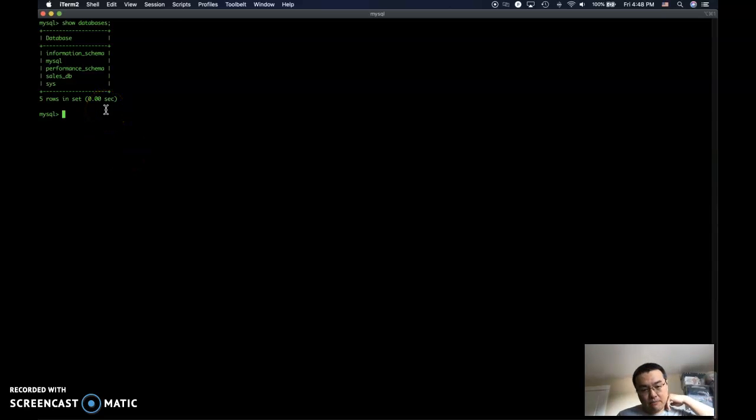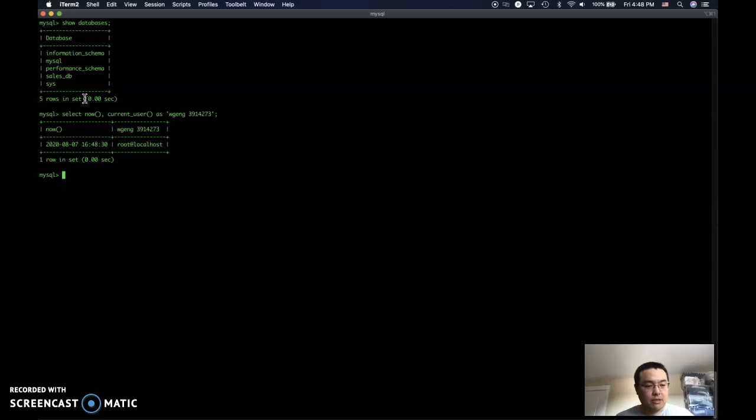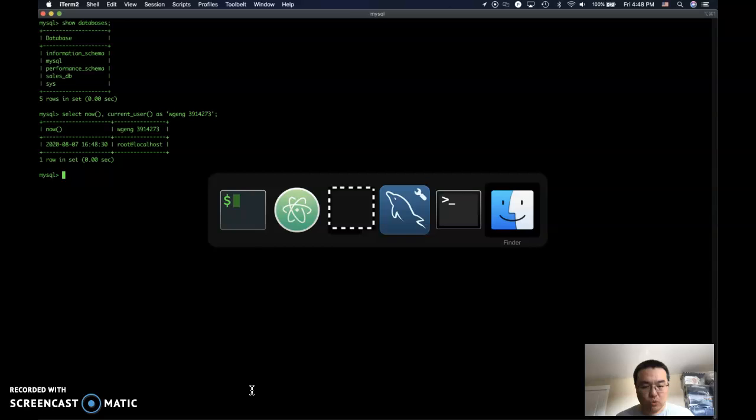So in the terminal, I just try to show the databases that exist in the system right now, and as you can see, the final data set has not yet been loaded. So let me copy this and try to show the date and also the username. I have entered that, and you can see the date here and also the root user. And the second thing is asking